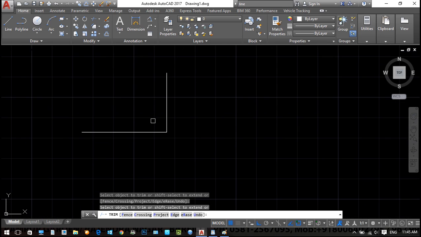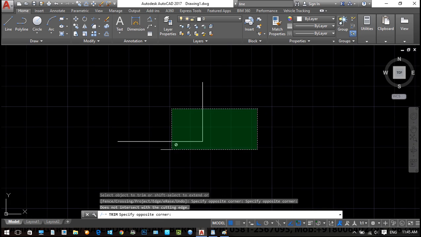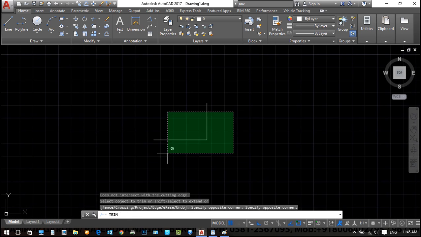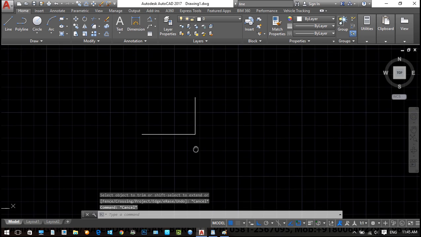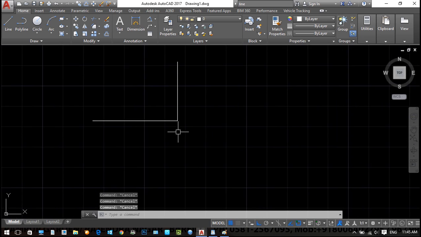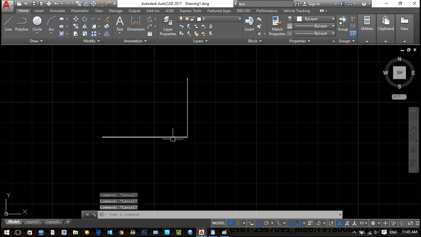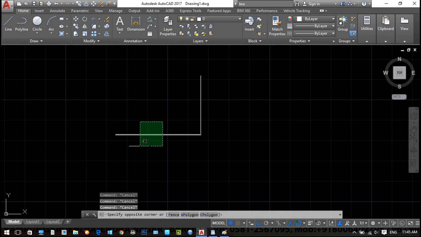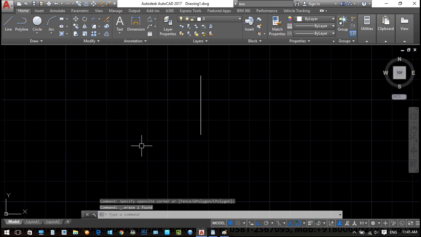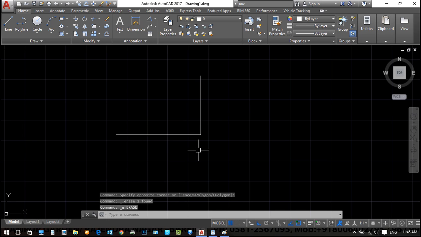It will work because this is intersecting. So that particularly for trimming you need intersecting lines. Okay. And if I don't want this type of line, then select this and simply delete. And if I want to remove some part, create an intersecting entity, TR, enter, enter, and then you can trim.